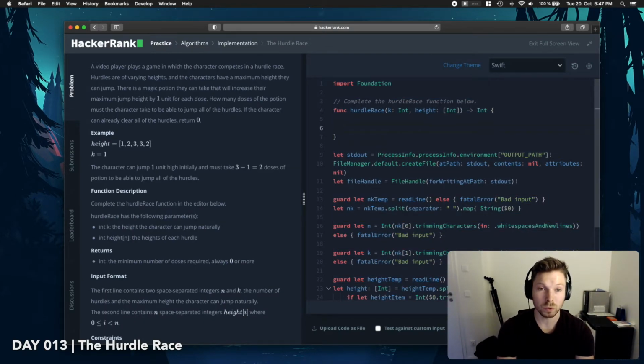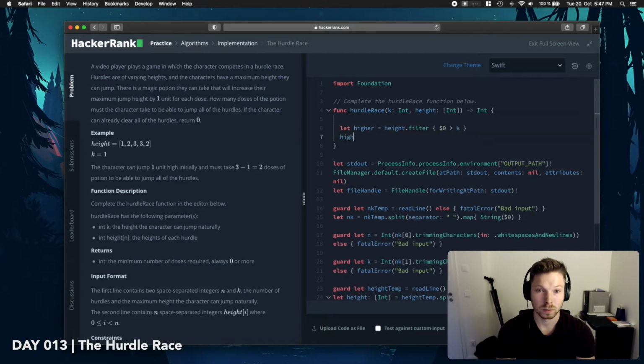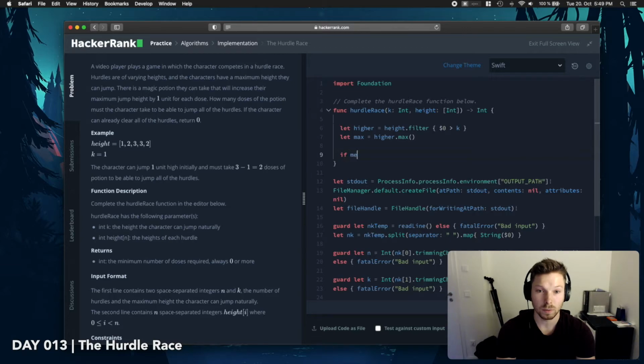So let's say we want to say higher is height, filter where height is higher than k, and then we have higher, and then we might just say max, and that will be max if max is higher than k. Let's do this potion. Actually, let's just say return